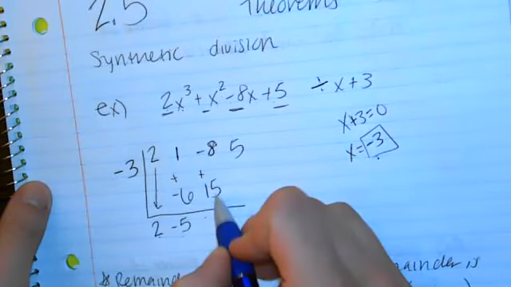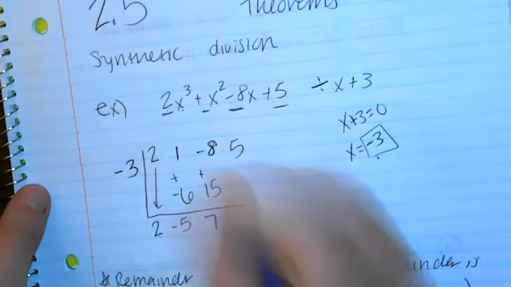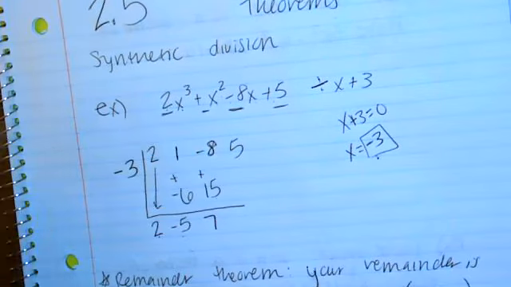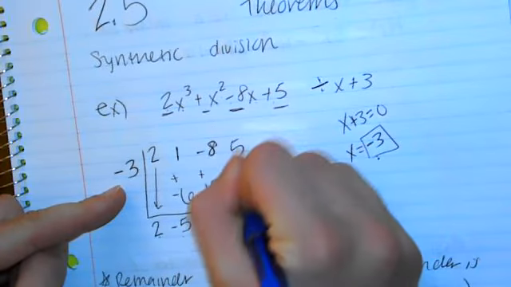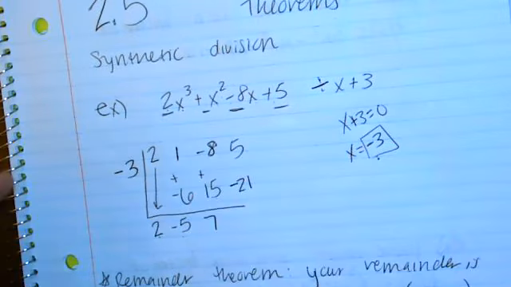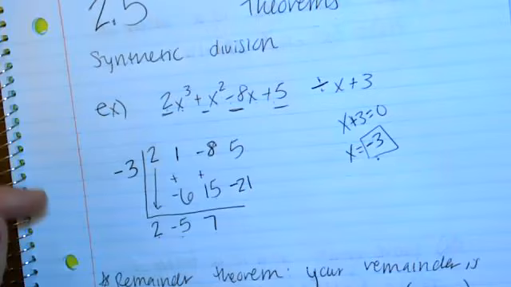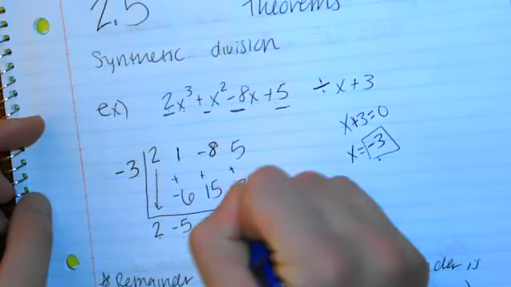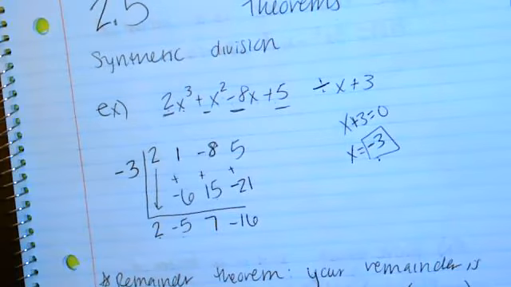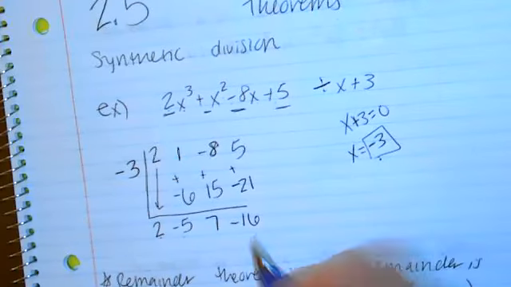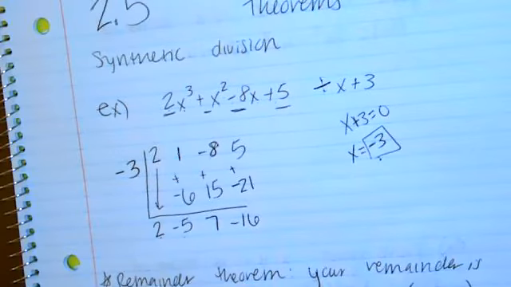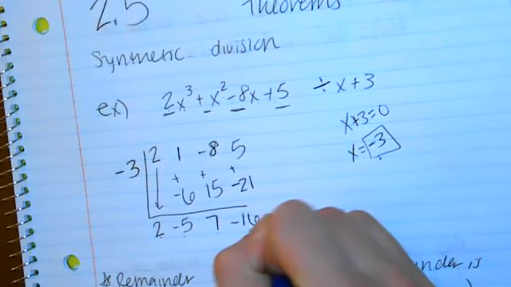-8 plus 15 is +7. Do the process again. 7 times -3 is -21. Add straight down, and you will get -16. Now I want to teach you what these bottom numbers mean. The only number we used to pay attention to was the very last number. Now we pay attention to much more than that. This last number represents